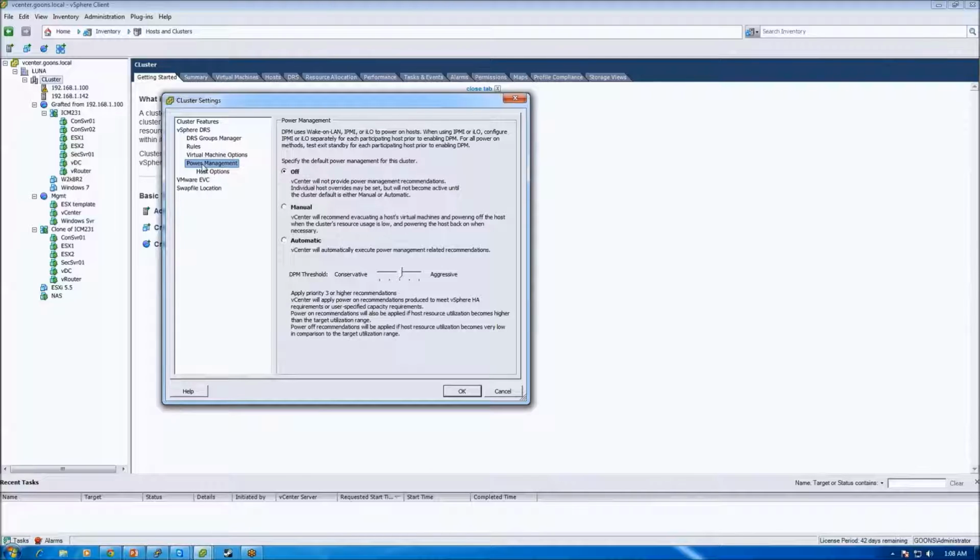Power management. Basically what this does is, let's say you work for a school or a bank, and your day is from 8 to 5, and then the rest of the day, you really don't have that much going on. So why should you leave your servers running the whole time? Well, what this allows you to do is basically say, okay,